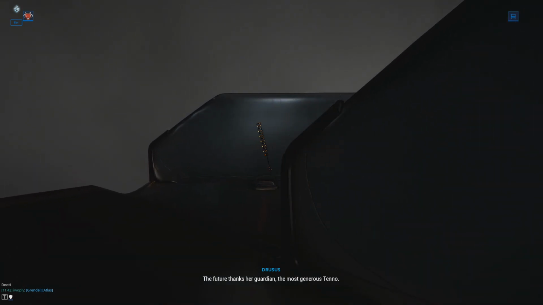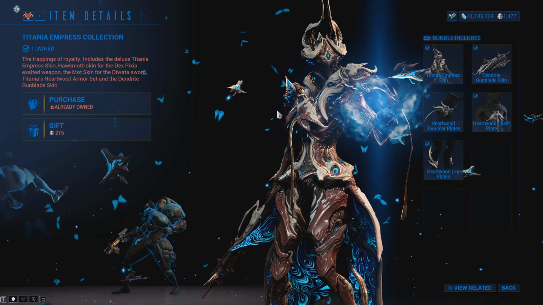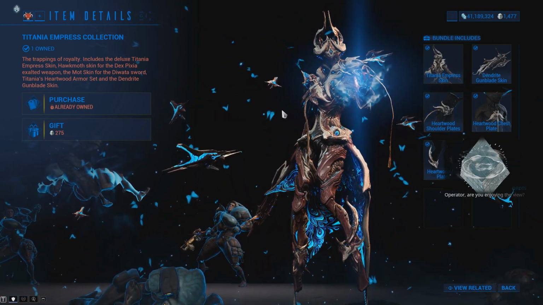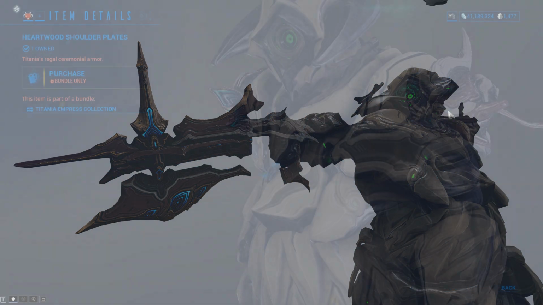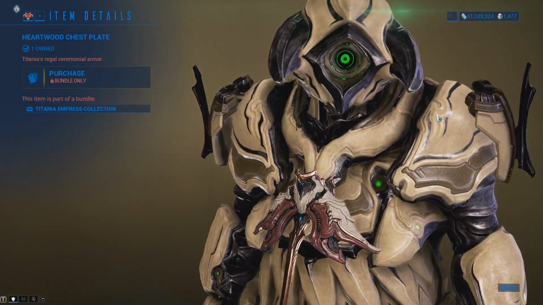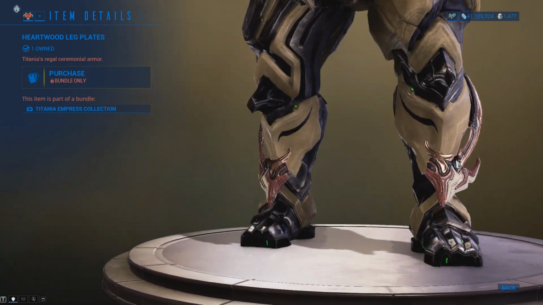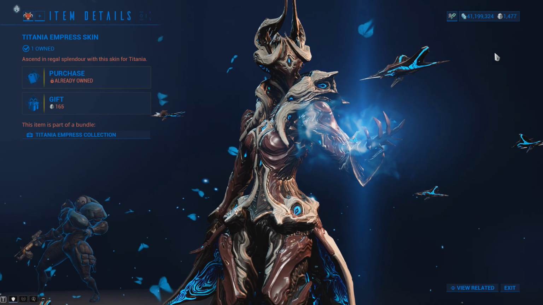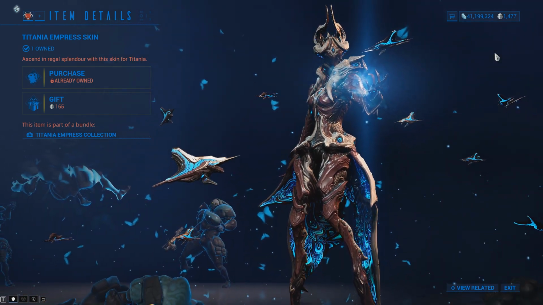or codex pages. Continuing with the platinum-based purchases, the Titania Empress Deluxe collection can be purchased from the in-game market for 275 platinum, and it comes with the exclusive Denrite Gunblade skin and the Heartwood armor set. The armor set contains the shoulder pads, chest plate, and leg plates. If you wish to purchase only the skin, you can do so for 165 platinum, but keep in mind you will need to pay the full price of the collection at a later date if you do want the Gunblade